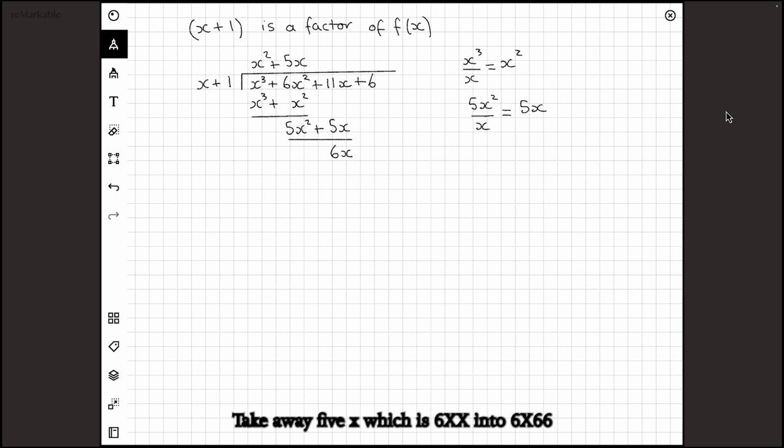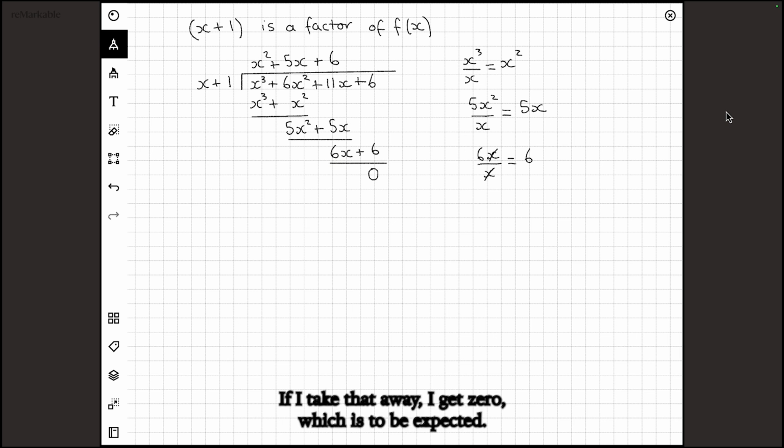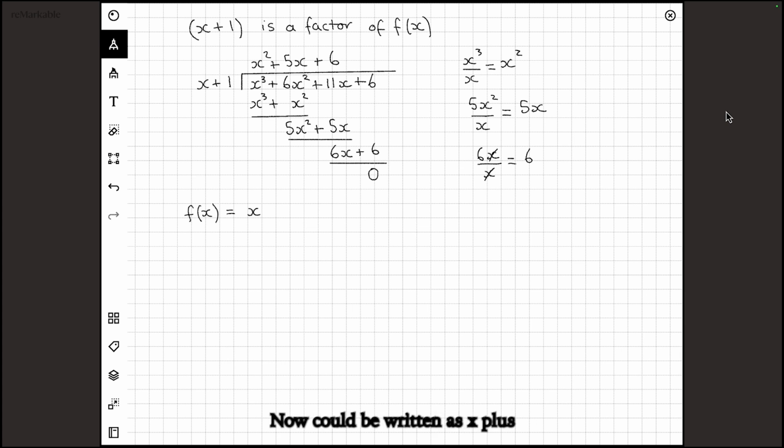x into 6x, or 6x divided by x, will equal plus 6. 6 times x is 6x. 6 times 1 is plus 6. If I take that away, I get 0, which is to be expected. So I know that f of x now could be written as x plus 1 into x squared plus 5x